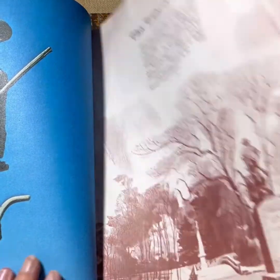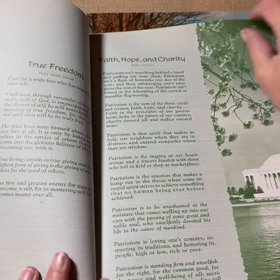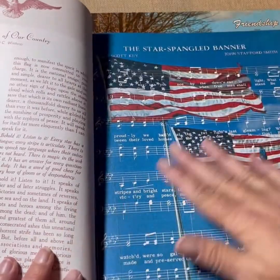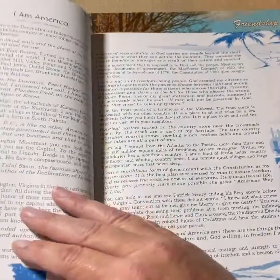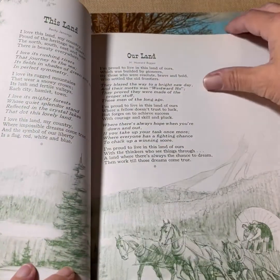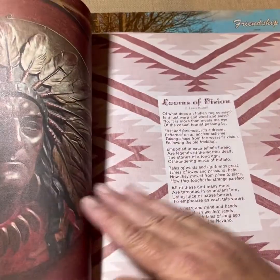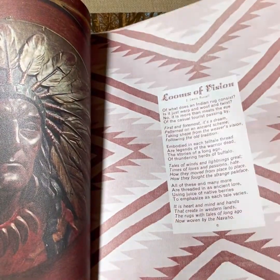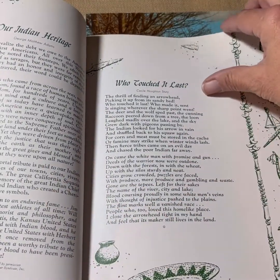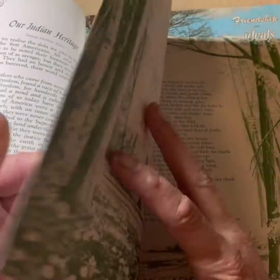I just love the texture of these pages. I've used them before in my journals, and I just love these magazines. So when I see them, I do pick them up. I have quite a few of them, probably too many. But the paper and the texture on all of them, with the poems, I think make a great addition to any junk journal. I'm not going to go through every page, but